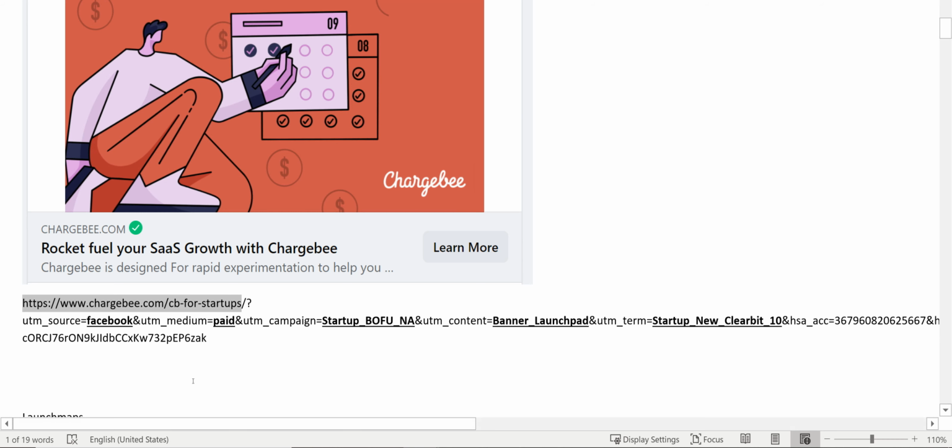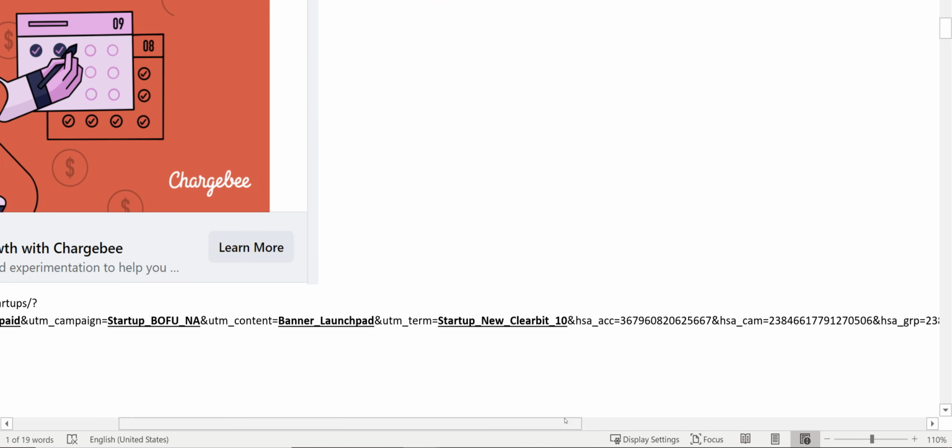This one in particular had some additional things. So let's see how it's working. It's coming from the source Facebook. It's a medium paid. The campaign name is startup_BOFU_NA. The UTM content is a banner through a launchpad. All right. The UTM term is